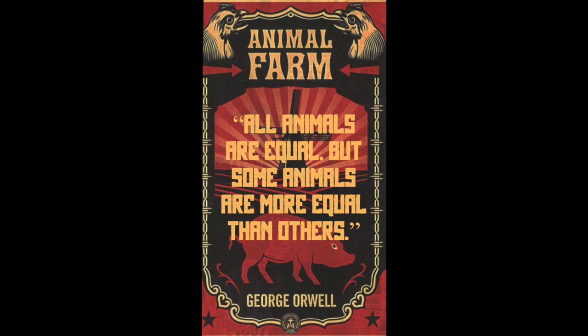It begins with the animals deciding on 7 commandments that will essentially govern the animals' existence and relationship between each other. The pigs take over the revolution, and by the end of the book, one of the most chilling pieces of the book, and actually I'm getting goosebumps just thinking about it because this is the kind of nerdy stuff that makes me excited. By the end of the book, those commandments gradually get erased, and there's only one commandment left. And it says all animals are equal, but some animals are more equal than others.